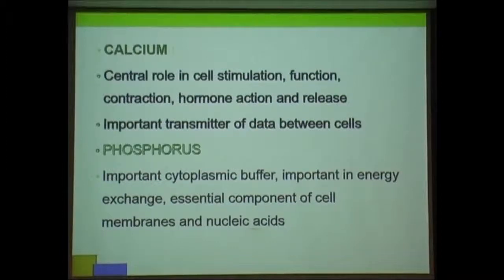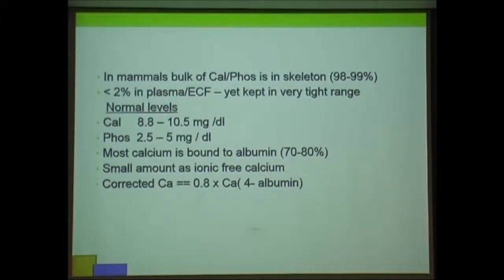And if you look at phosphorus, it's a very important cytoplasmic buffer. It's very important in energy exchange, and it's a very essential component in the brain and in the nucleic acids in the cell membrane. So, a number of things are controlled by the calcium and the phosphorus. If you look at mammals, the bulk of calcium and phosphorus is in the skeleton and not actually in the blood vessels. So, it's only a very tiny percentage of the total calcium, less than 2%, which circulates in the plasma. But this small percentage is kept in a very tight range because it influences so many metabolic processes,